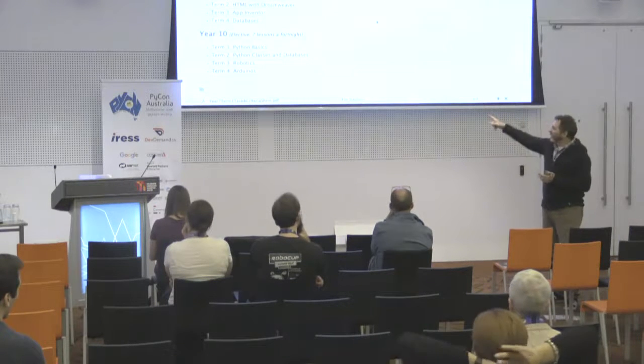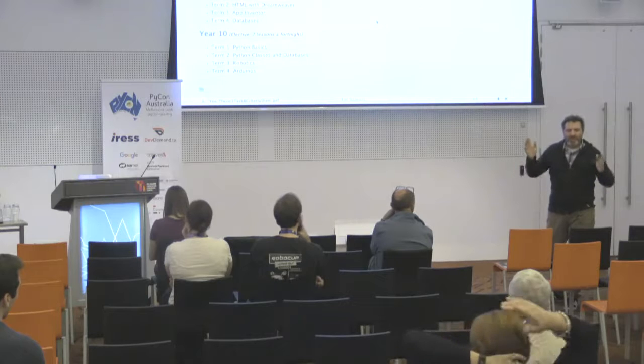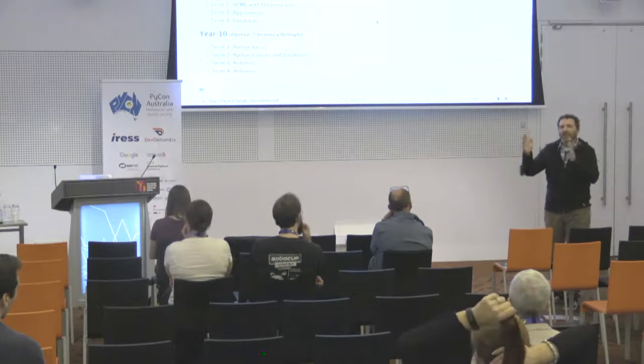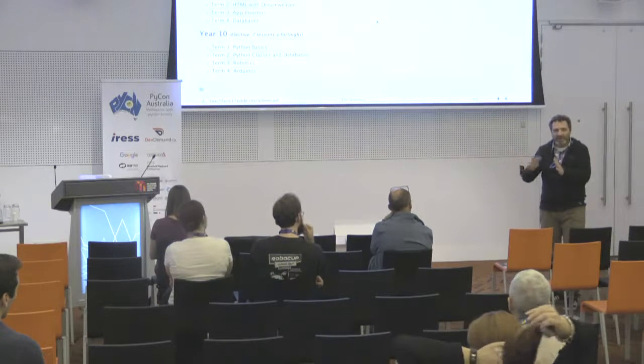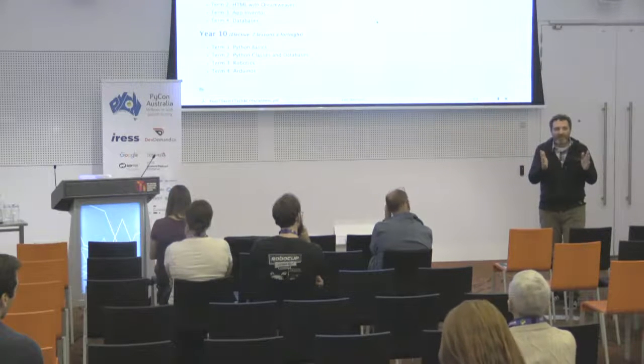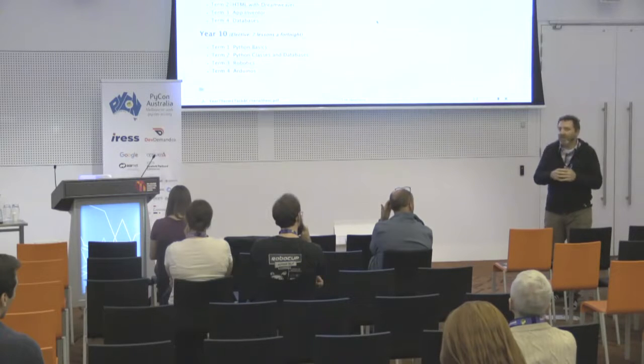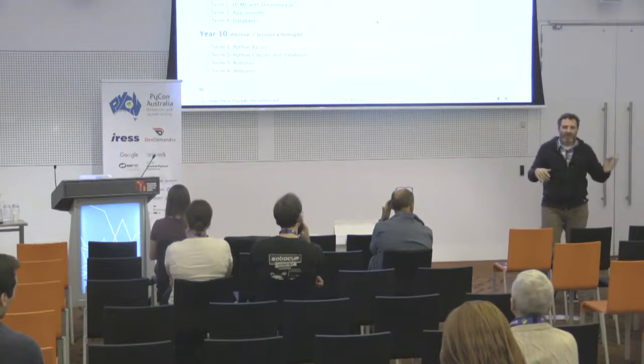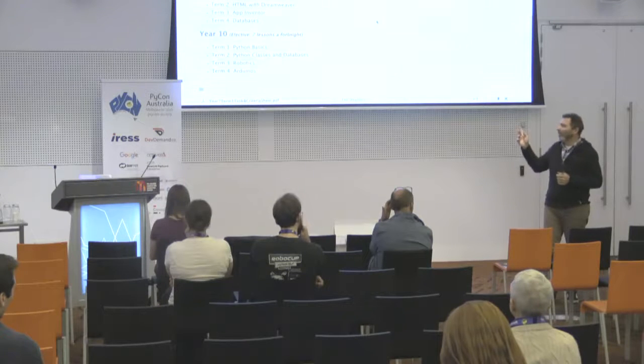But term 3 used to be a problem because we have camps in term 3, and also a thing called immersion where the 10s go and do something for 3 weeks. So we usually only had about 4 or 5 weeks of actual teaching time. So that's an actual robotics exam. So here's some code. What does it do? It's more about automation as well.